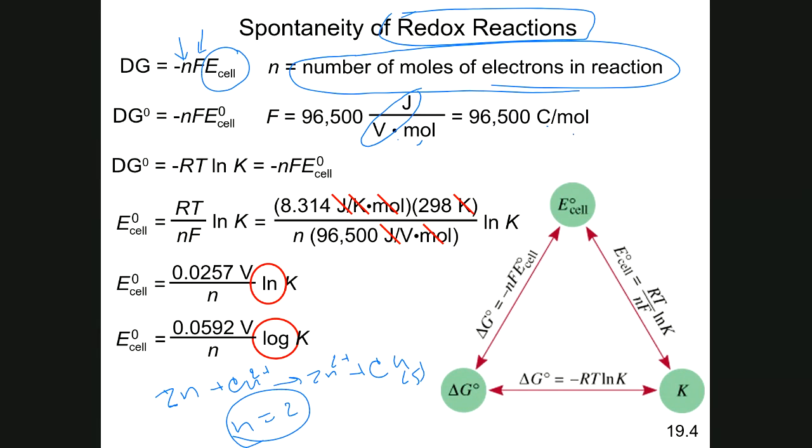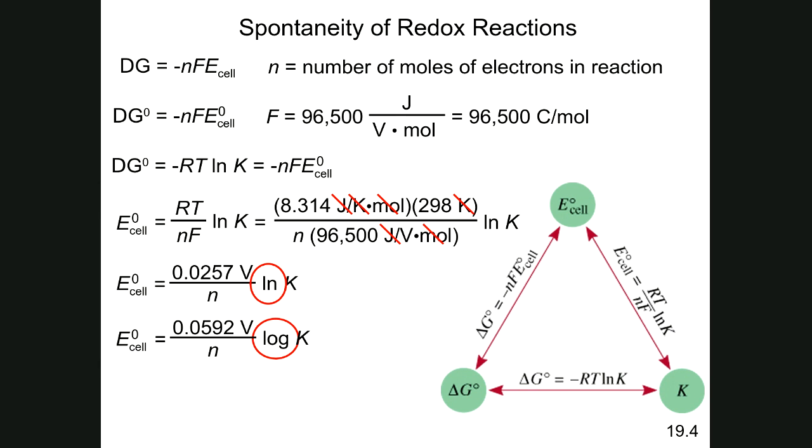We have 2 terms, E cell and E0 cell. E0 cell is for standard conditions, where the concentration of the solution is 1 molar and the temperature is standard also. For E cell, that's non-standard, the concentration is not 1 molar, it's a different concentration. So as long as you understand these formulas, then we can move on to the calculations. But before we move on, let me just